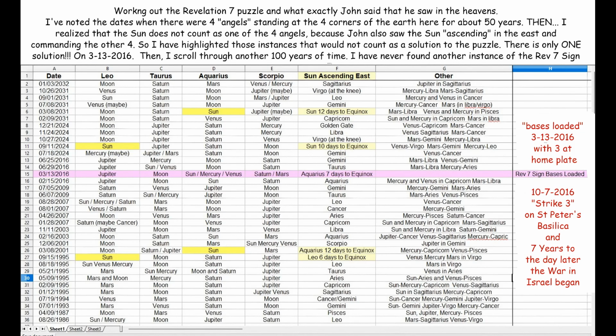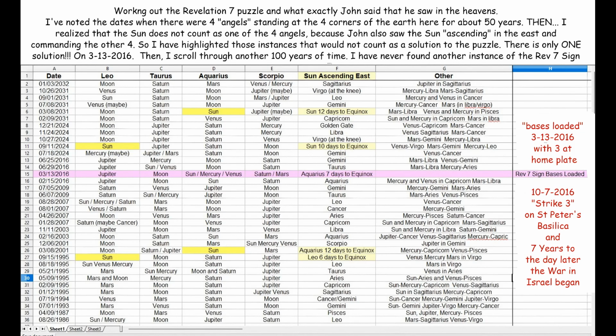So, still in disbelief, I decided to make a spreadsheet and really take a look at what's going on here. Even though I think I've scrolled through yet another 50 years on either end of this spreadsheet, and never seeing a solution to John's puzzle, I realized that there was no point in continuing to look. I already know that John is talking about the age of Aquarius, so why bother looking all the way back to the year 1900, or way out past the year 2050? We don't have that long.